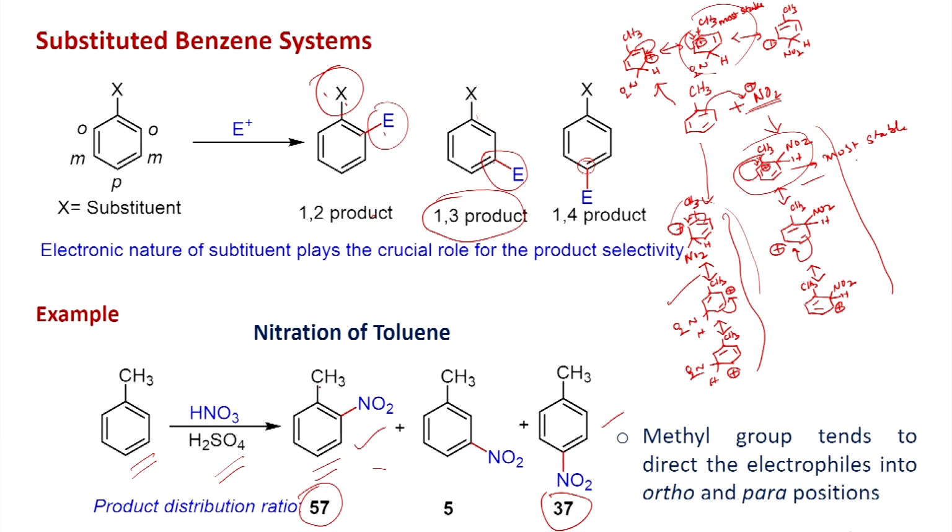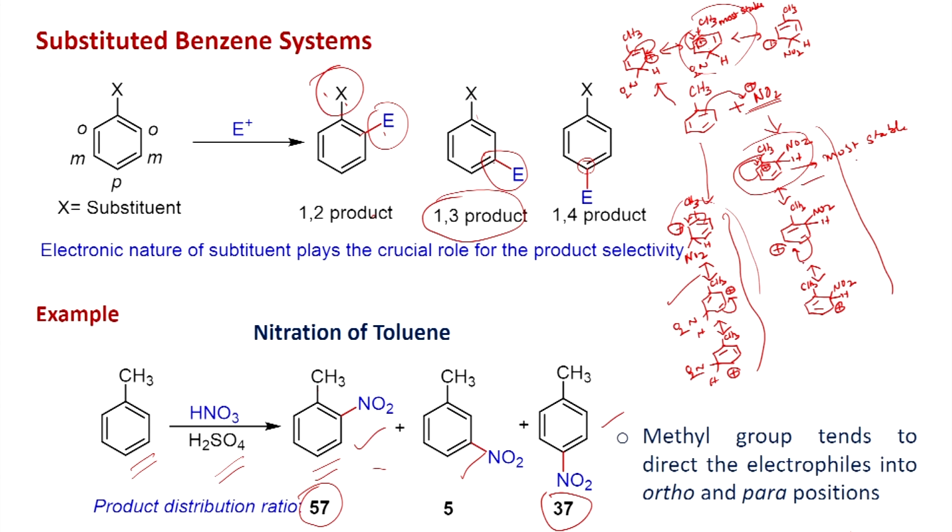Therefore, when you have an electron donating group, for example a methyl group, the nitration selectively takes place at the ortho and para positions compared to the meta position. This can be easily understood when you write the possible resonance structures, which are responsible for the stabilization of the carbocation intermediate. Then you will be able to predict why, when you do the nitration with an electron donating group, the ortho and para positions are always favored compared to the meta position.